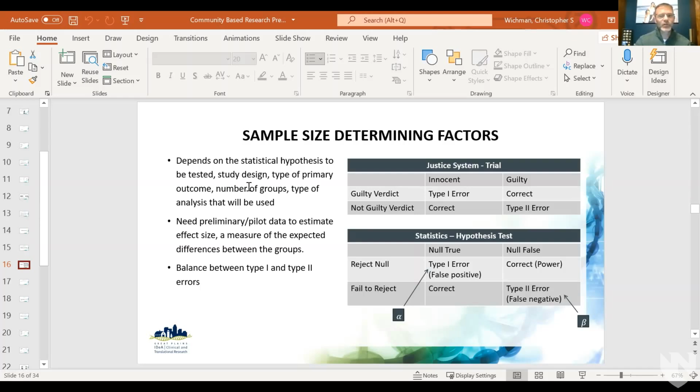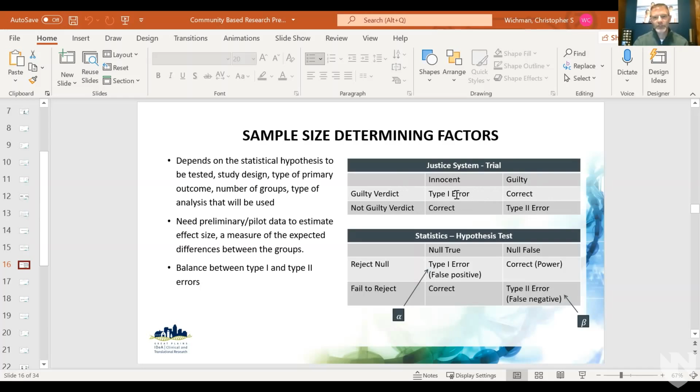And the idea here is that we're going to be balancing type 1 error versus type 2 error to come up with a true number of entities, or a true number of clusters, that we're going to need. And if you're unfamiliar with the statistics terms, we typically try to explain it with the jury system. If I look at a trial, there are 4 possible outcomes. The person could be found guilty by the jury and actually be guilty, and that would be a correct answer. But our null hypothesis in a jury trial is that everybody is innocent. So that's the null. The alternative is